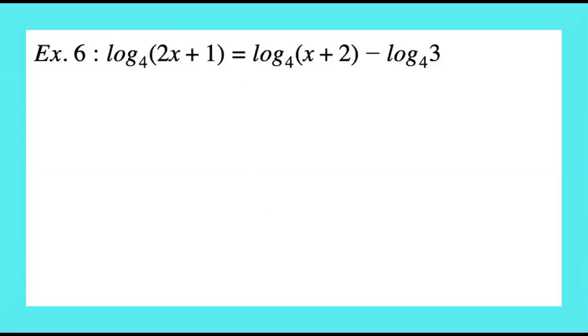All right, who's got a first step for us here? A potential first step: you would subtract log base 4 of (2x plus 1) by log base 4 of (x plus 2), dividing it to get log base 4 of (x plus 2) over (2x plus 1). Yeah, you could definitely subtract those, okay? Anybody else have any other ideas? How else can we start to solve this problem? For the right-hand side, you can write log base 4 of (x plus 2) over 3. Yeah, okay. Then the base is the same, so 2x plus 1 is going to be equal to